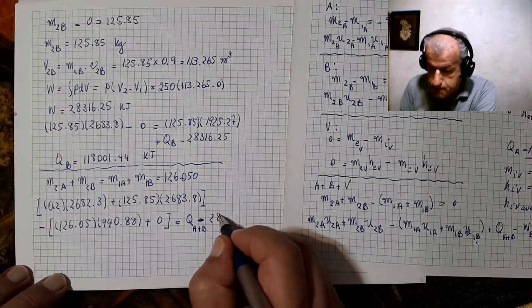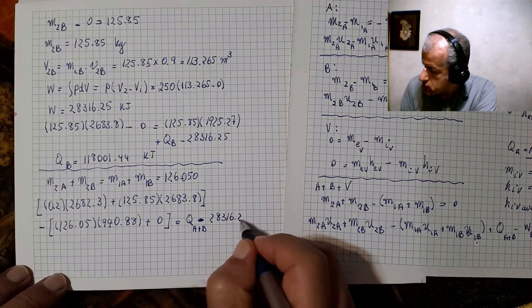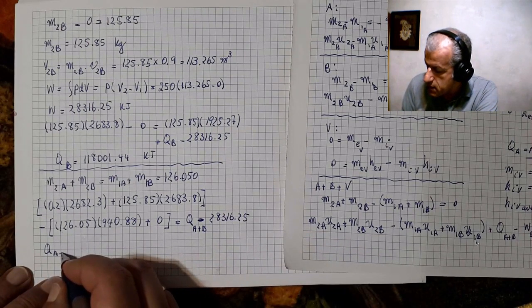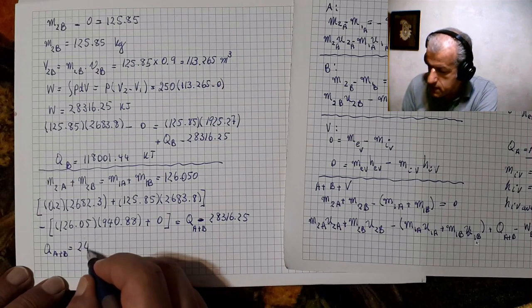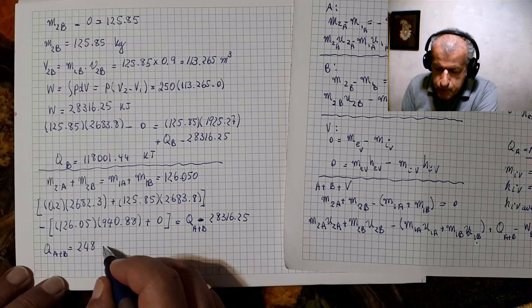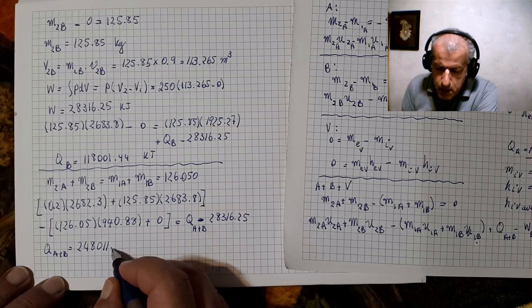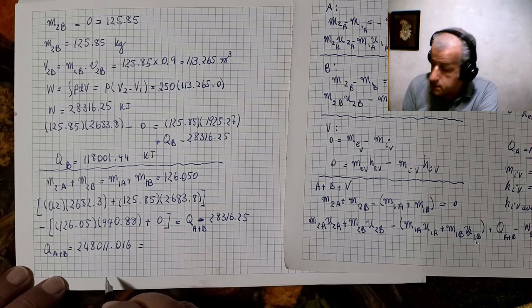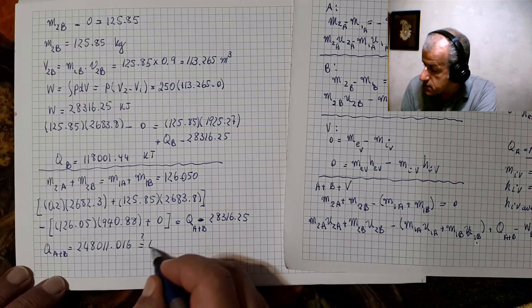It is 28316.25. And the final answer for QA plus B equals 248,011.016, and that should equal, that's our question, QA plus QB,